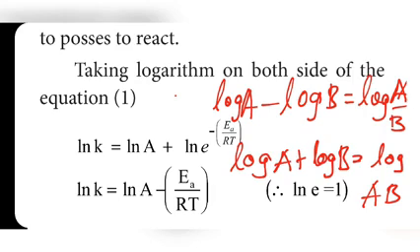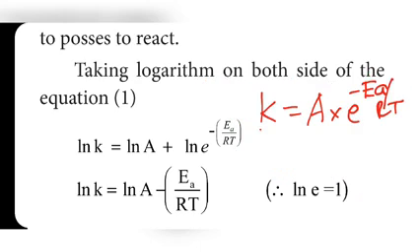For understanding this point, you must know one formula in log. Already we know one formula in log. In our previous derivation question, I explained this formula. Log A minus log B we can write as log A by B. That means if minus is there, we can put division. Like that, if plus is there, we can put multiplication.